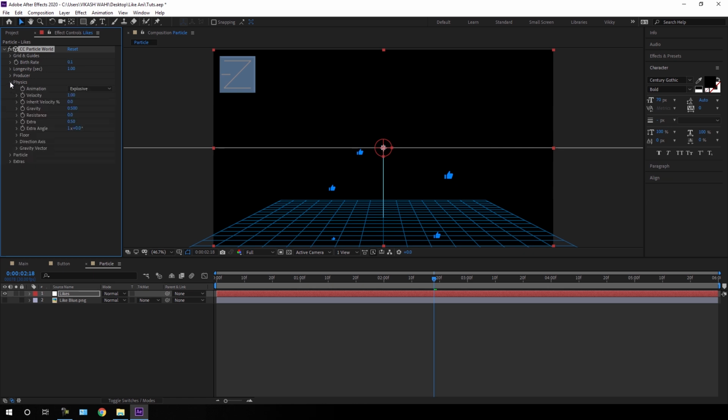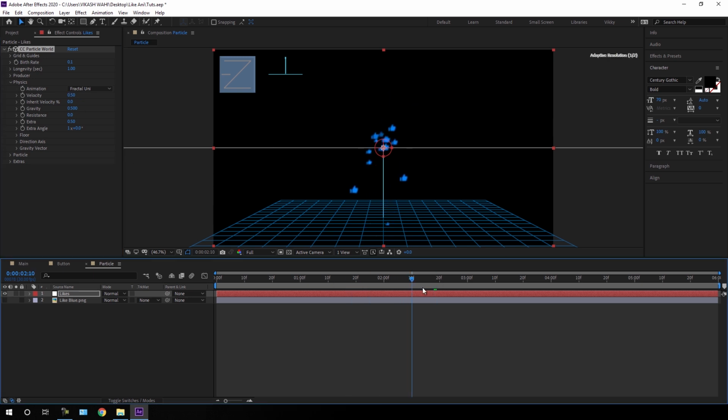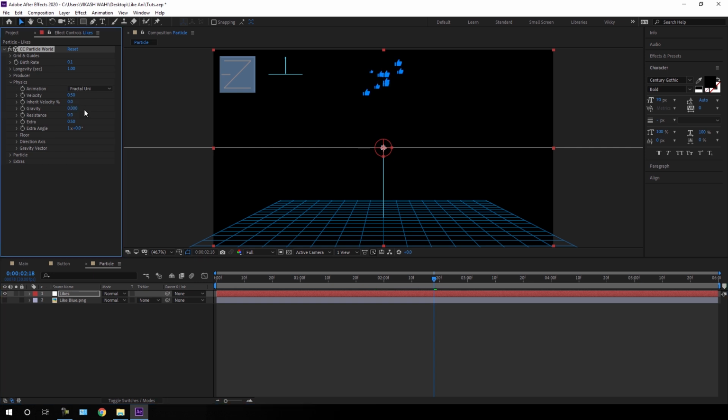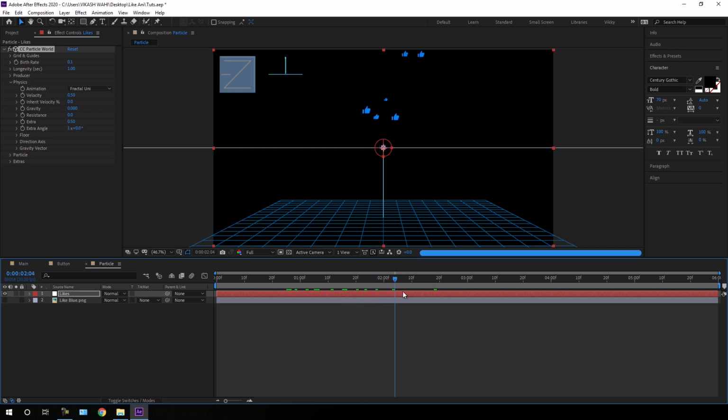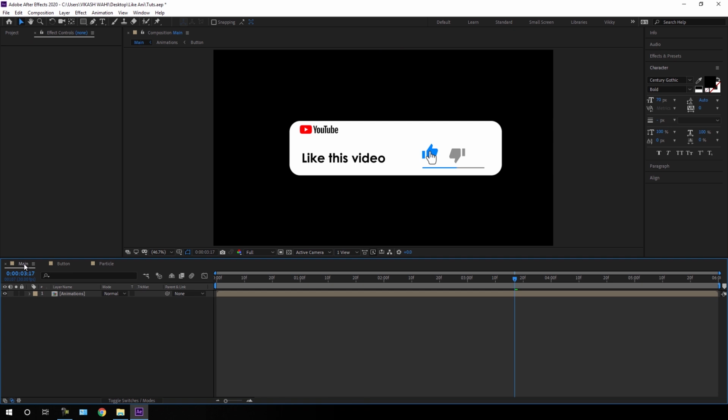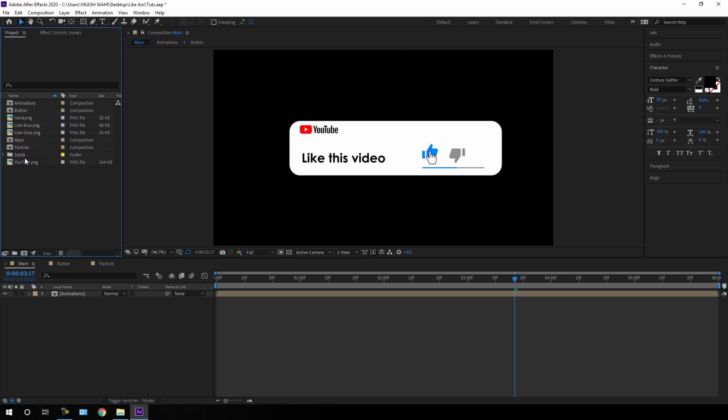Open this physics, and here we have to change the animation type to fractal uni, and here we have to bring down the velocity. So I'm going to set this velocity to 0.5, and it's looking like this. So we have to turn off the gravity. So here is the gravity, so I'm going to set this gravity to 0. Now we have something like this, and then go to your main composition,